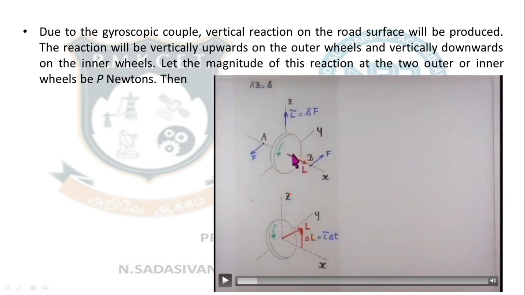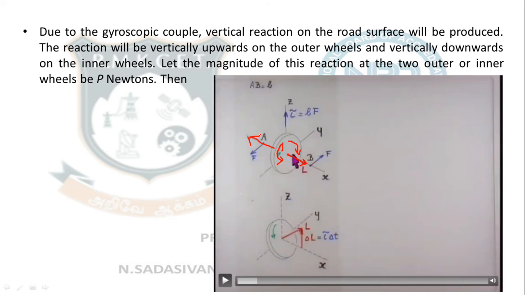Clear? Now what will happen by the rules of angular momentum, using Fleming's right hand rule, left hand rule, whatever. When a wheel is spinning in this direction, your angular momentum will act like this. This is the direction about the axis of the wheel. Your angular momentum. This is very important to understand how a gyroscopic couple will act to predict. Okay, so please listen. When your wheel is spinning in this way, your angular momentum will act like this. If you do the opposite direction, when your wheel is spinning in this way, your angular momentum will act in this direction. You have to keep that very, very closely in your mind.